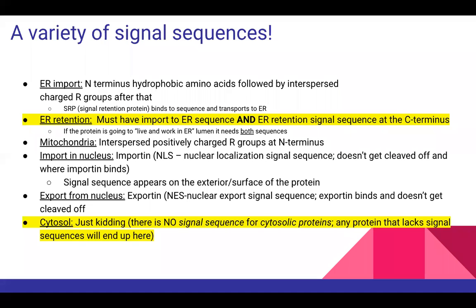Okay, and so this is just a diagram of a variety of signal sequences, and they're just the important ones I thought were good to know for this class. She talks a little bit about peroxisomes and stuff like that, but I think in general you should just focus on the ER, mitochondria, and nucleus, because I think that's where most of her questions come from these types of proteins. And as you can see, something that's important to know is that the cytosol does not have any signal